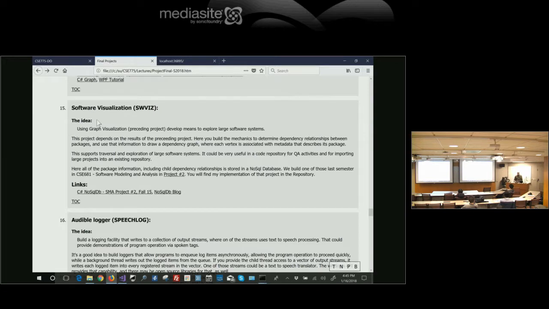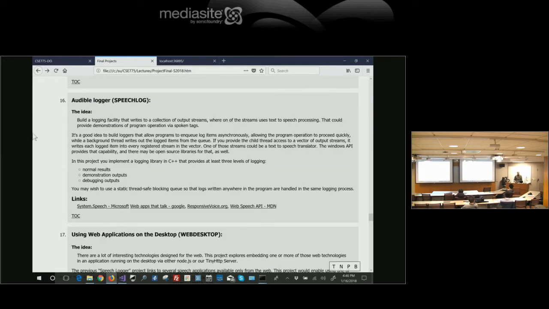Here's another project that would be kind of interesting: an Audible Logger. A lot of you have used one or another of the loggers I've written. You're writing out messages, and you want to put stuff out for debugging purposes or to convince the TAs that you implemented the requirements. Wouldn't it be cool if, instead of that cluster of huge 20 pages of output, it started talking to you?